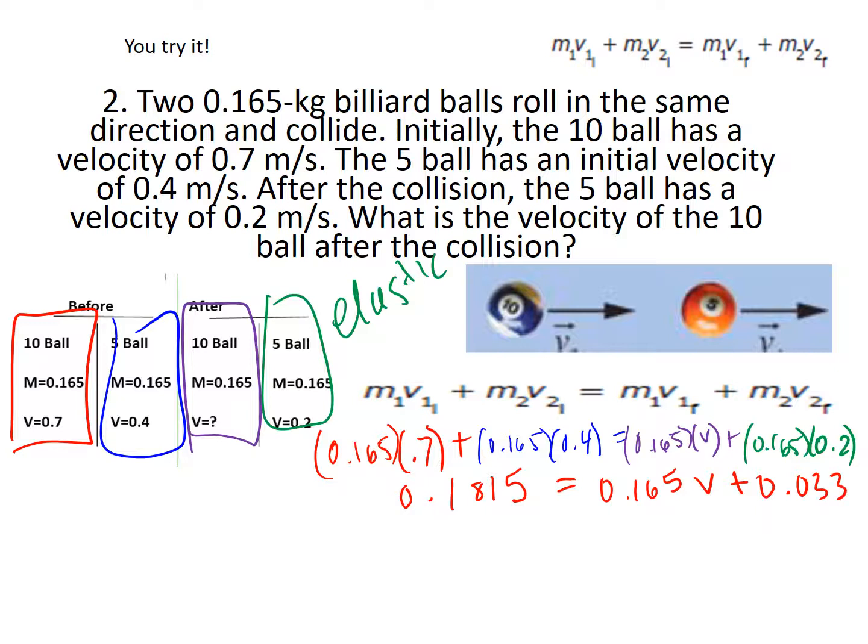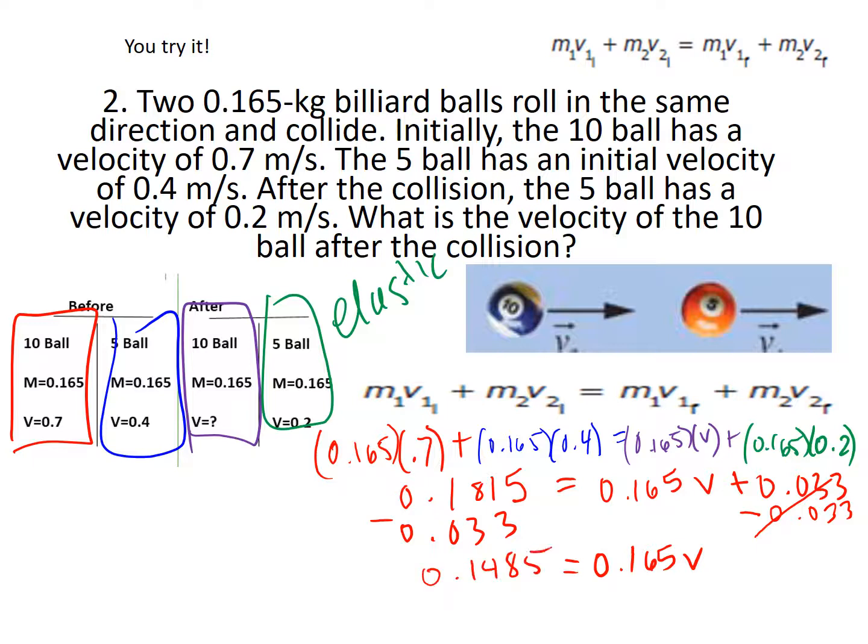Now, I want the variable v by itself, so I have to get rid of that 0.033, so I have to do the opposite to both sides. I get rid of this, minus 0.033, so we get 0.165 v is equal to